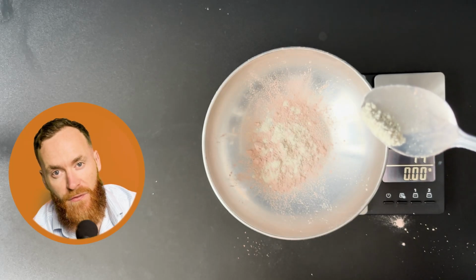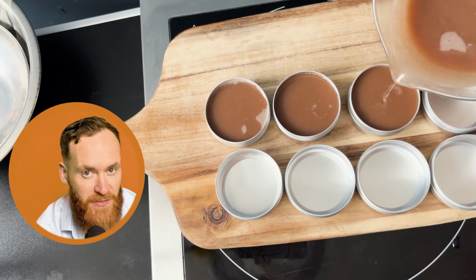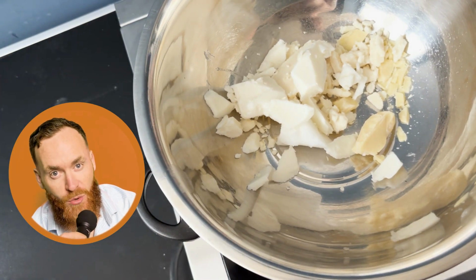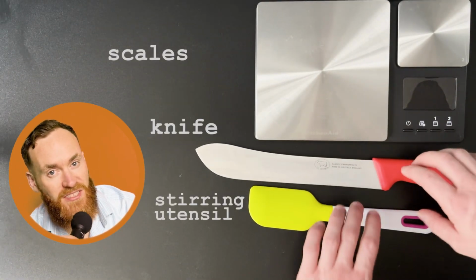Join me while I make 5 tins of the highest quality beard balm. First things first, I'm going to gather my equipment. Scales, big knife, stirring utensil,